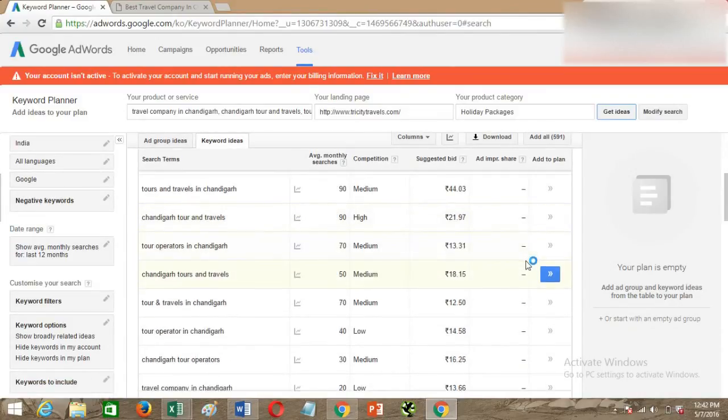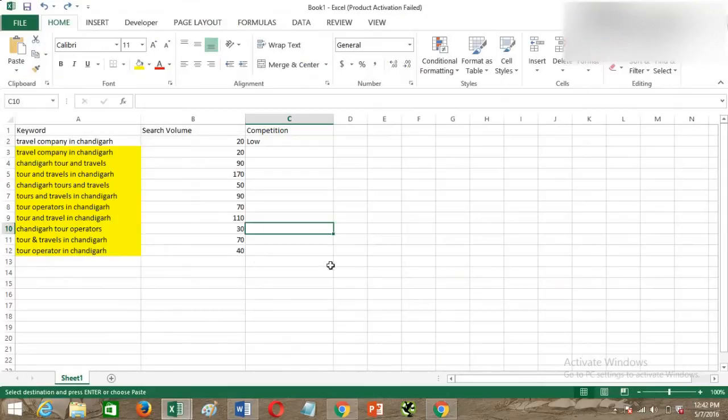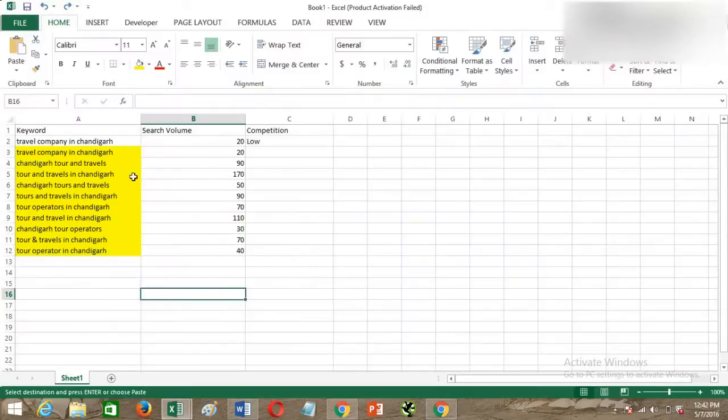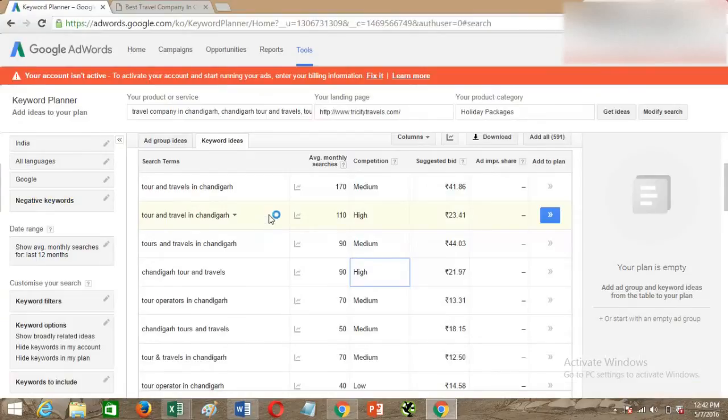As you can see, I have two keywords that have high competition. It's up to you whether you want to target highly competitive keywords or not. I personally don't take highly competitive keywords, so I'm going to exclude these keywords for now. And tours and travel in Chandigarh, this is having a medium competition.